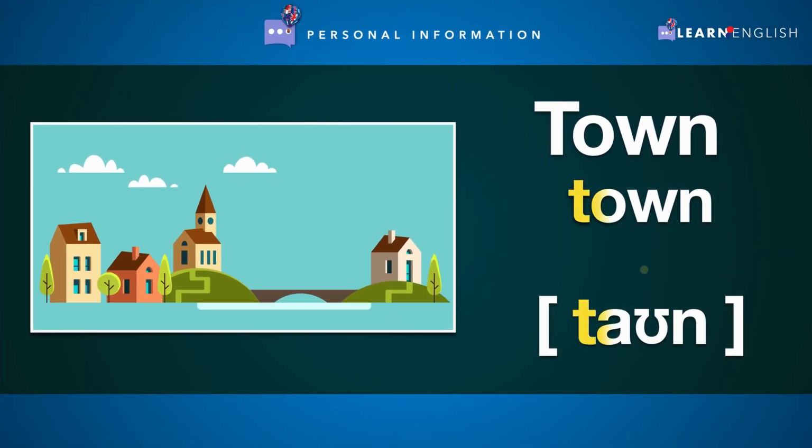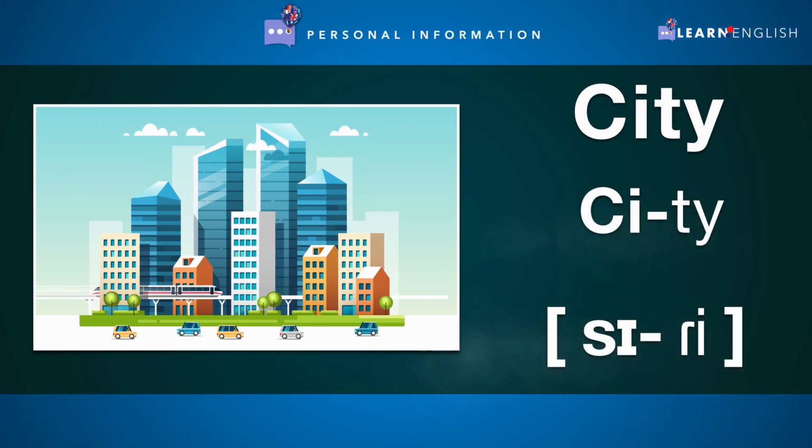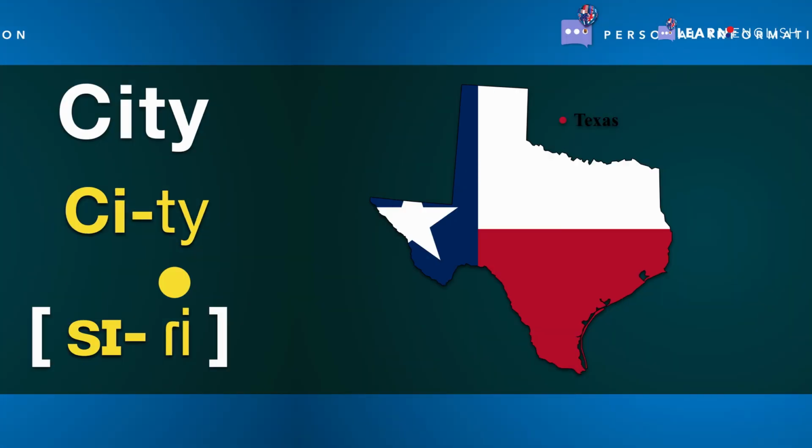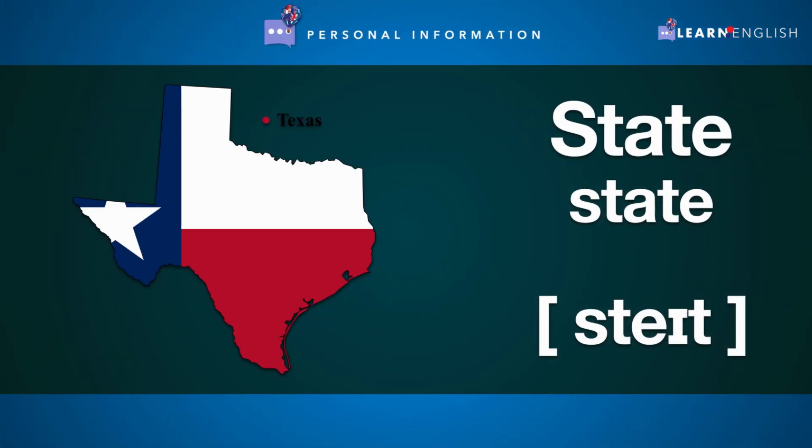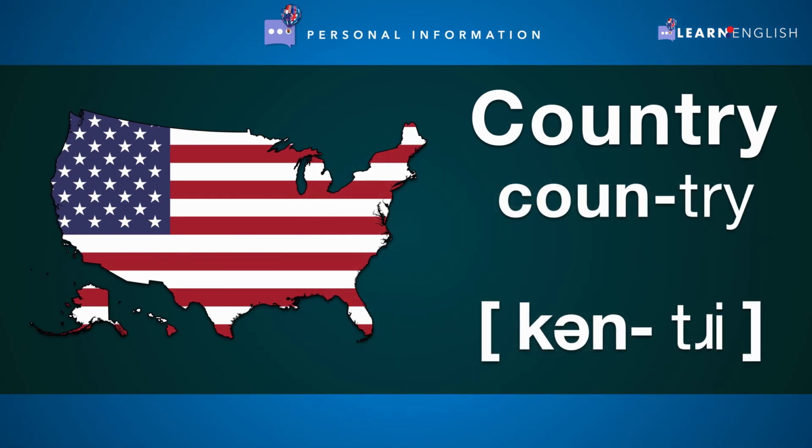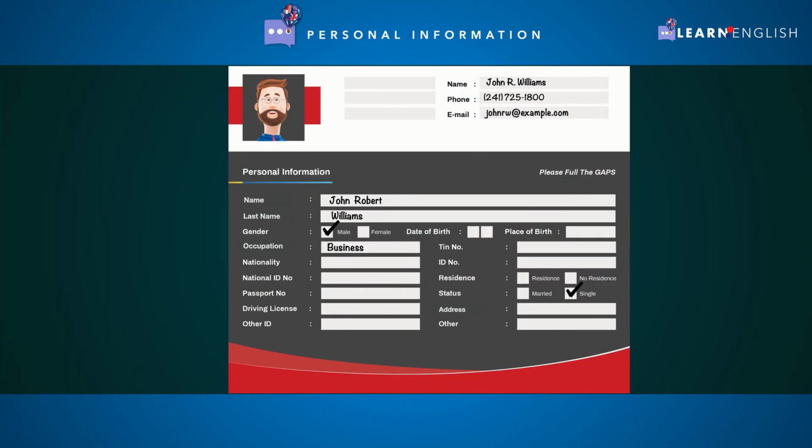Town. City. State. Country. In our form, we will fill in the following fields: nationality, national ID, passport, driving license, TIN number, and